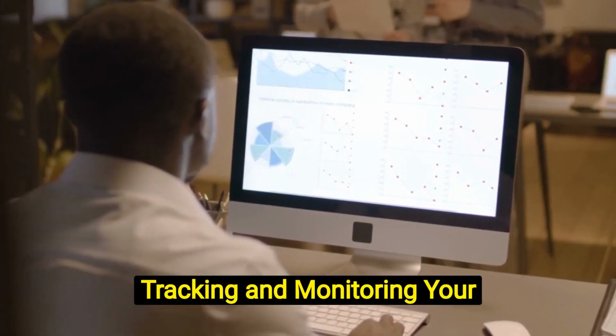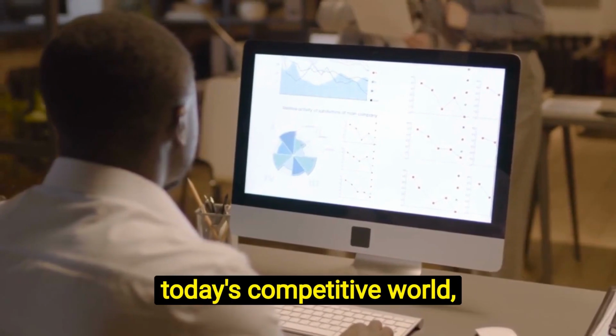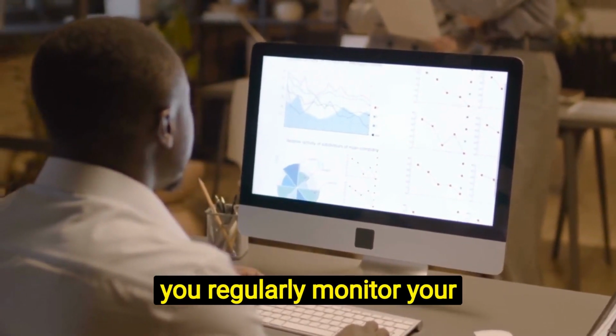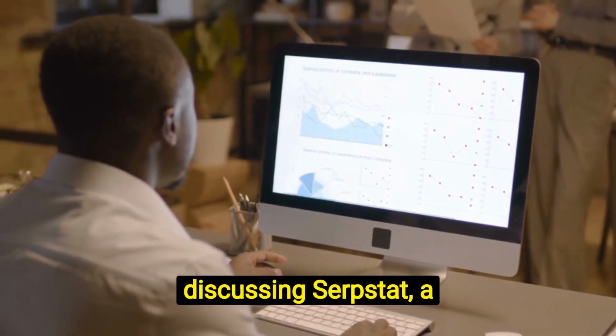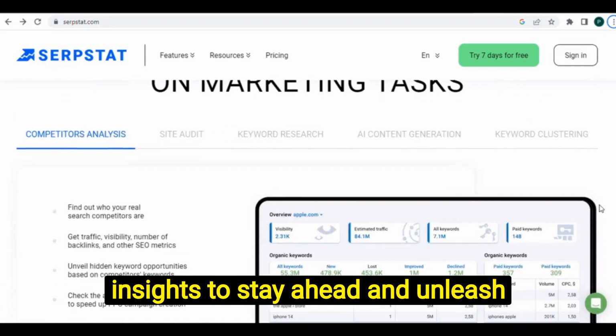Tracking and monitoring your SEO performance with Serpstat. In today's competitive world, achieving goals and driving traffic can only be done if you regularly monitor your SEO efforts. In this video, we're discussing Serpstat, a powerful tool that empowers businesses with data and insights to stay ahead and unleash